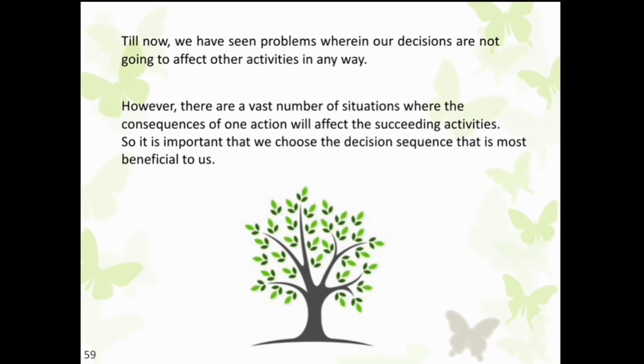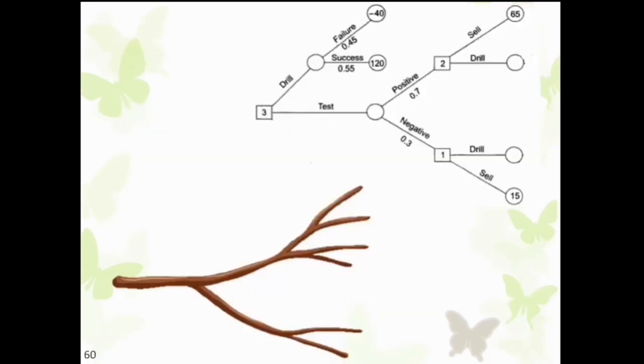As more and more succeeding activities come into play, still more and more outcomes become possible, and it leads to spreading out of the problem. Therefore, it is beneficial to use a graphical or a visual method so as to eliminate confusion and to provide a more visual appeal. So, a typical multi-stage problem can be conveniently represented and solved as the spread out branches of a tree, and hence the name decision tree.